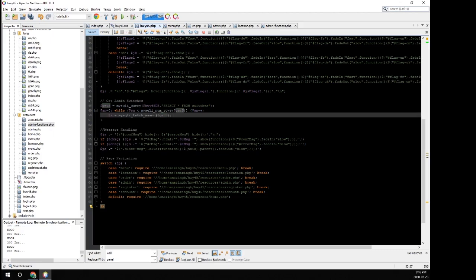Space. Change the S to switch. After that, S, square brackets, inside the square brackets, switch, square brackets again, single quotes, name,